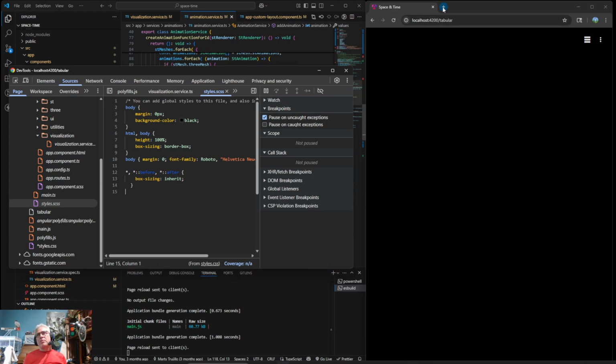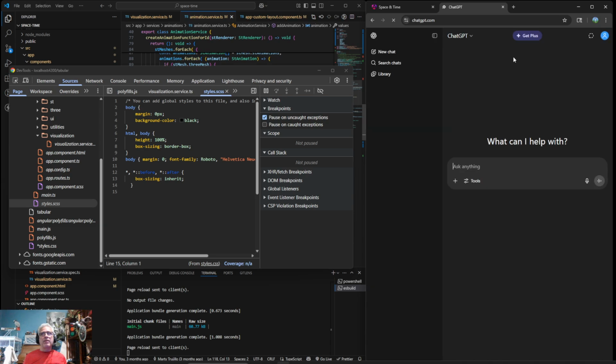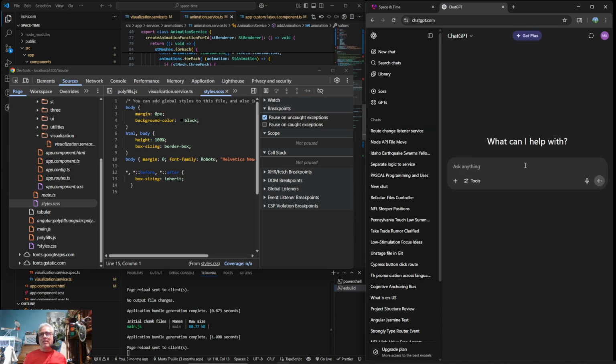Let's see if ChatGPT knows that thing. This is one of those opportunities to learn something. Maybe it might be easy to learn.